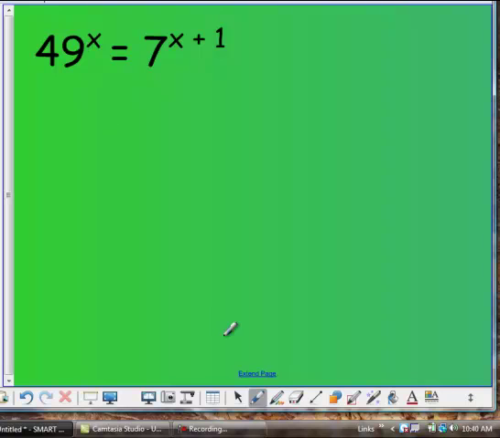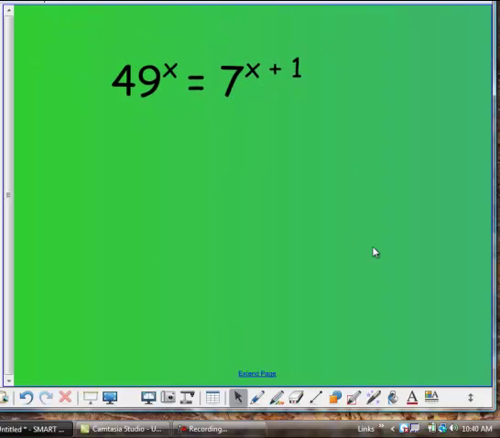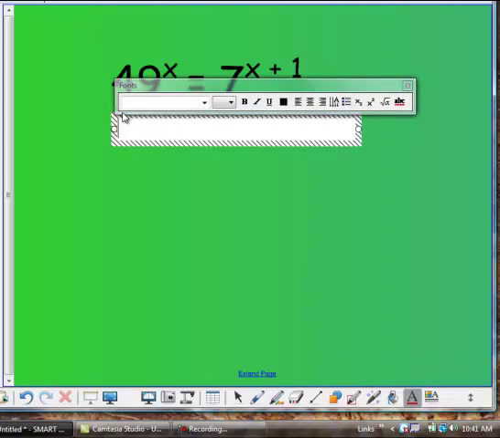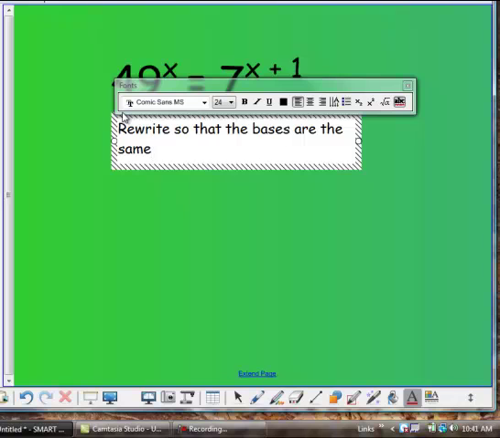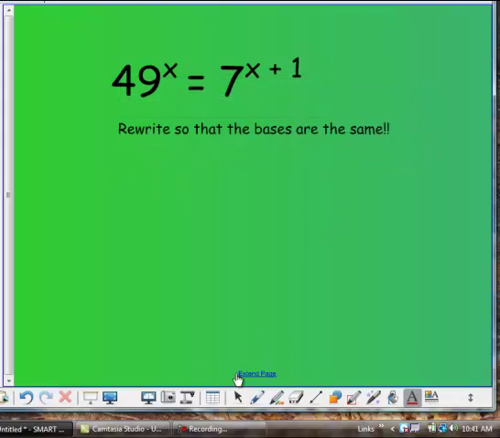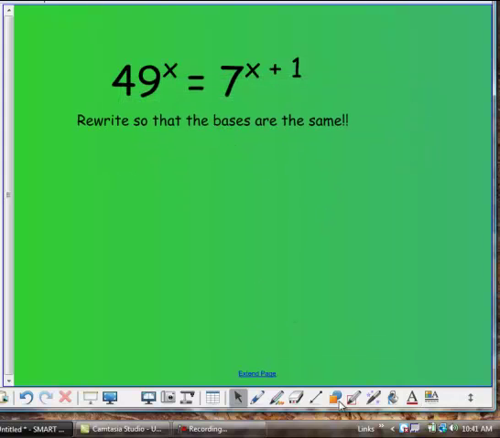All right, so of course you may be asking, well, what happens when the bases aren't the same? Well, we must get the bases the same. So we have to rewrite this. So let's give it a little note here. Rewrite so that the bases are the same. What am I going to do? All right, so here is my base